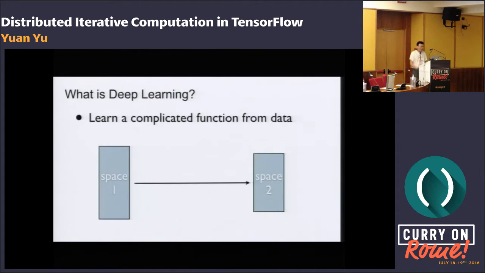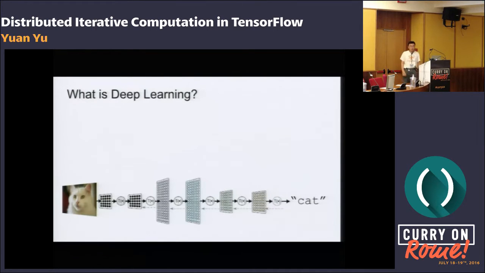So, what is deep learning? Deep learning, effectively, is to learn a complicated function from data that maps from one space to another space. For example, in the first space you have a space of images, and the second space is a Boolean space, cat or no cat.